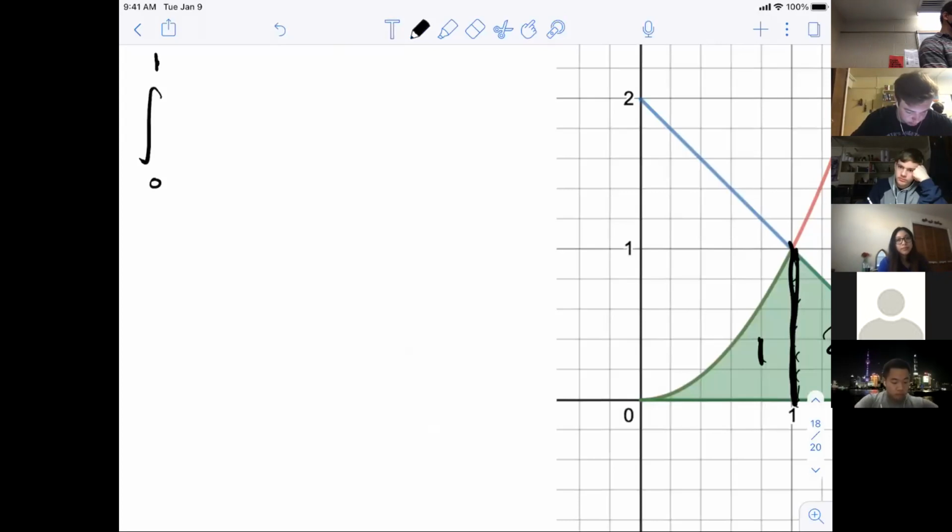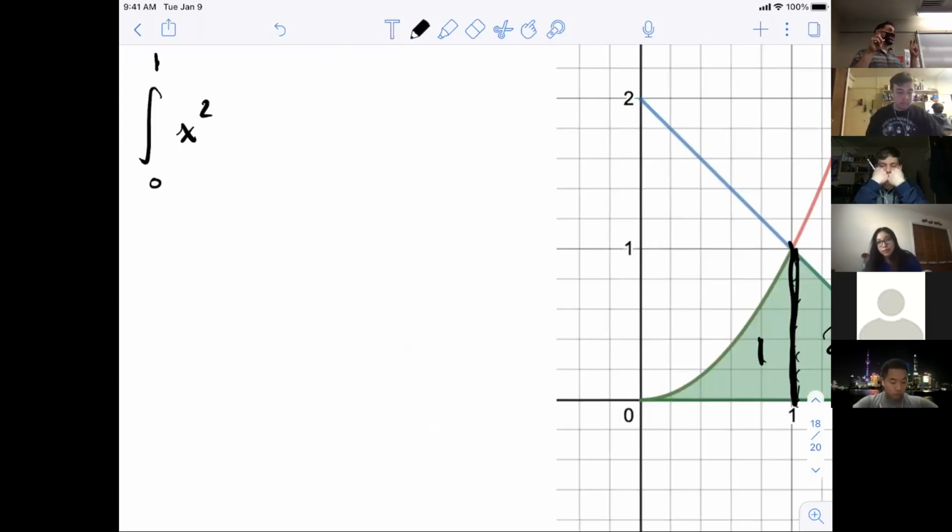X squared, perfect. And technically, by the way, it's x squared minus 0, right? The definite integral is really finding the area between 2 curves where the bottom curve is g of x equals 0. So x squared dx. Very good. So that's region 1